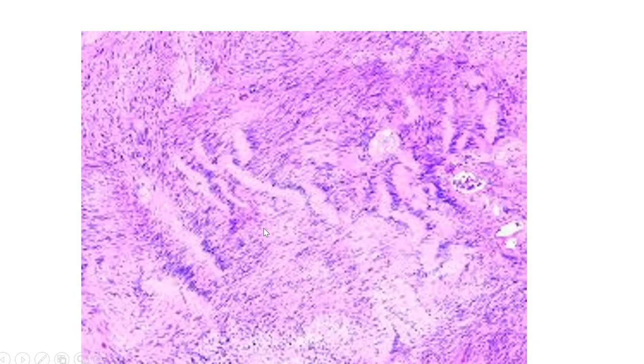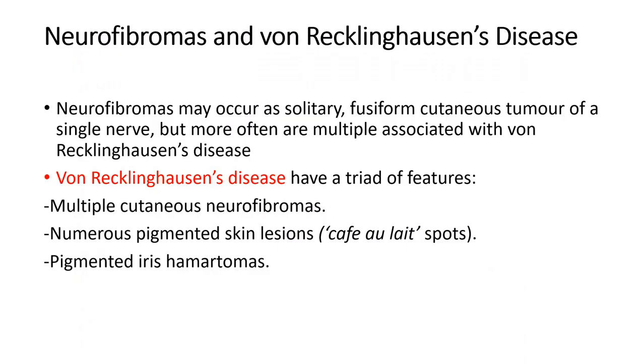This is a typical histological picture where we can see the more bluish areas, the dense purplish areas. These are cellular areas, which are the Antoni A areas. The lighter pink ones are the loosely acellular areas, which are called the Antoni B areas. In the Antoni A areas, we can see that the nuclei are arranged one on top of the other like a palisade, and this is what is referred to as the Verocay bodies. So the dark bluish to pinkish areas are the Antoni A, and the acellular areas are the Antoni B areas. Next, we move on to the neurofibromas.